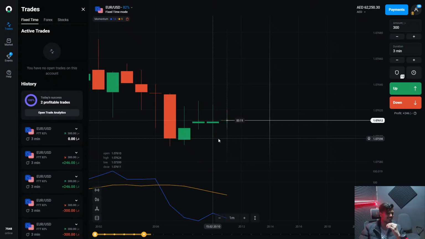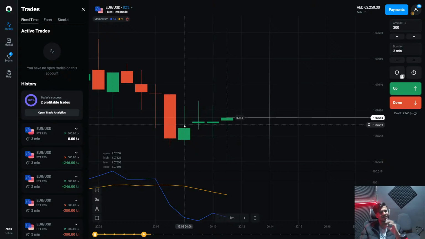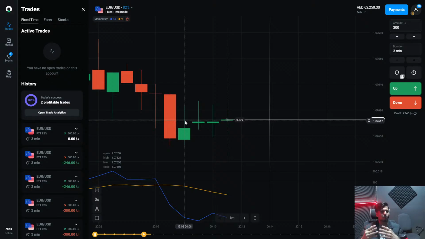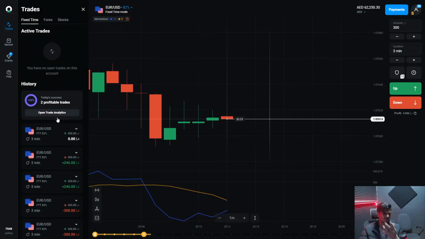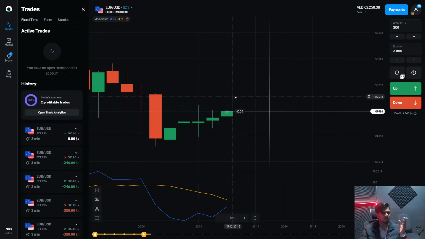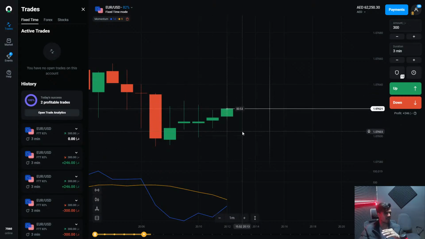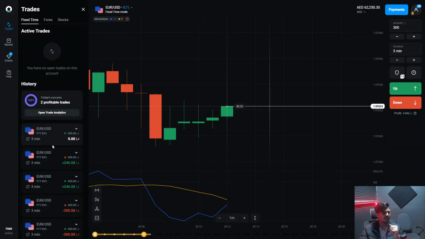The perfect timing, guys. Did you notice one thing? At the end of the 30 seconds, it came back into a profitable trade, but only for half a second, like 0.002 seconds, not even 1 second. It came back from profit to the same trade line, and it gives the refund.